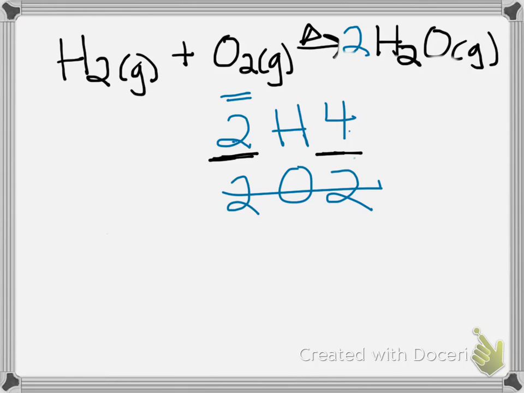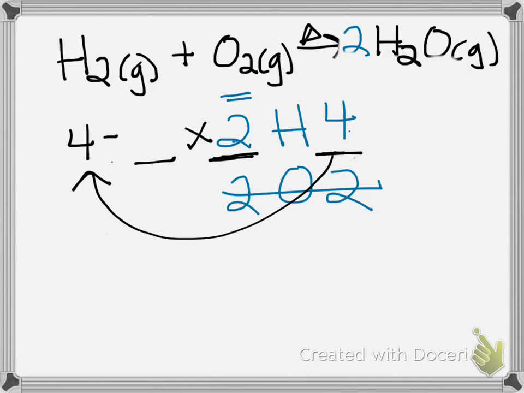Now I'm lacking on the reactant side. What can I multiply 2 times so that I get 4 on this side as well? I want to balance it up. Never balance it down, always balance it up. So 2 times 2 is obviously 4. So the coefficient that I want to put in front of my hydrogen on the left-hand side is 2. When I do that,